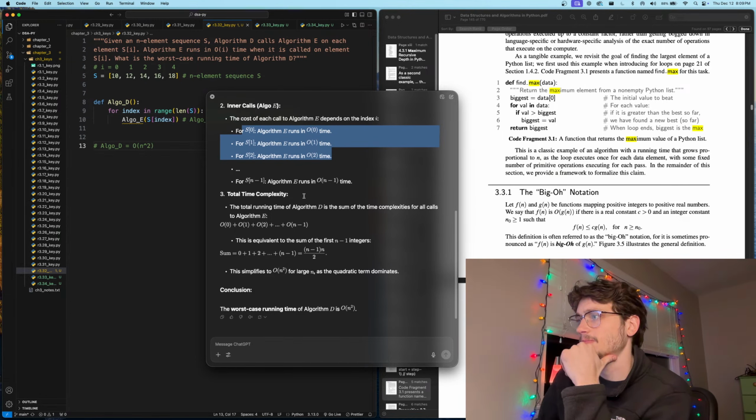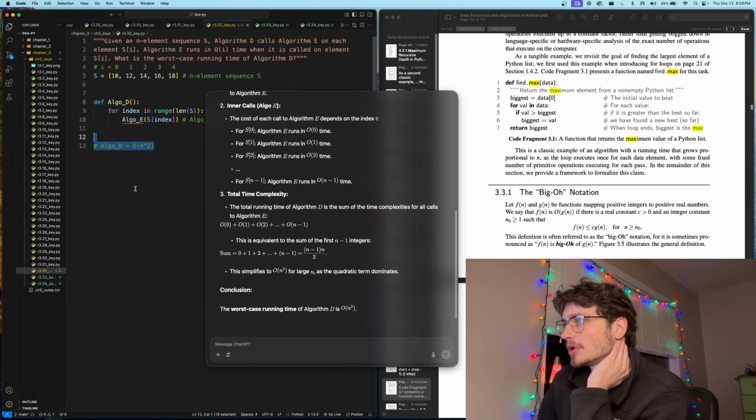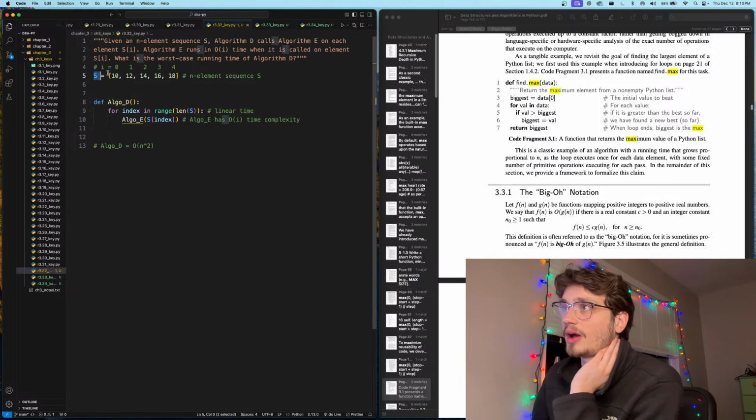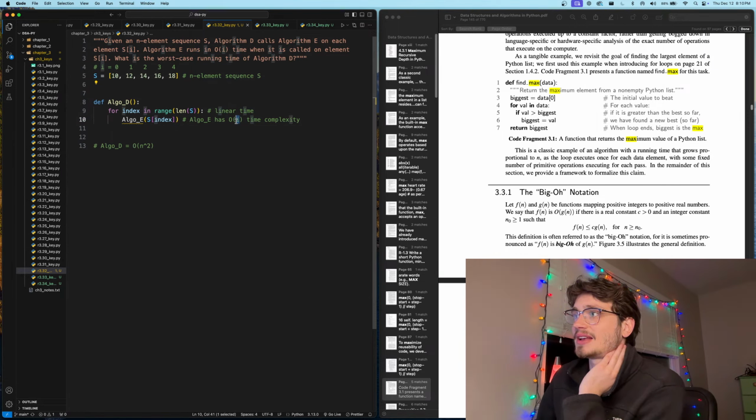Yeah, n squared. We're right here. Although you're running a constant operation, technically speaking, with just a single value, this value is not just a single integer value, it's an index value of a sequence. So in order to access that,